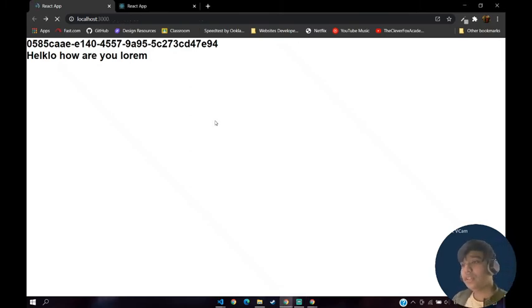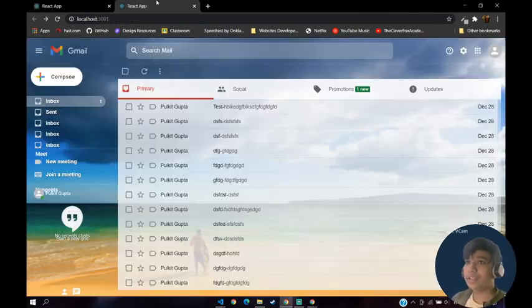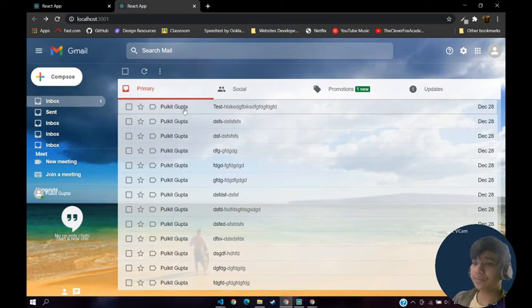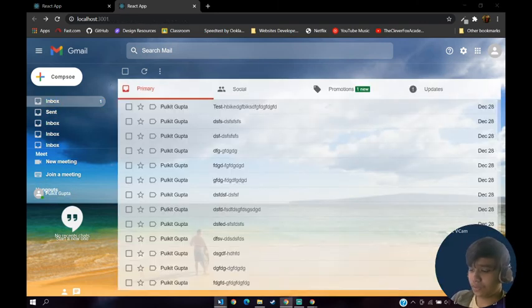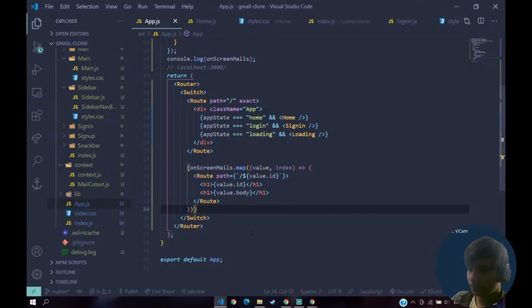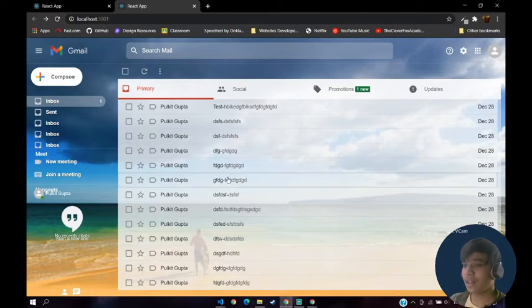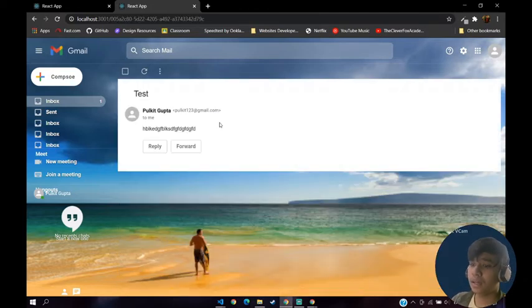The next thing we work on is in our application. As you can see, only this part changes. The rest of the application remains the same, only this part goes away and we see this thing. Before we do that, let's render the page according to whenever the user clicks on this.